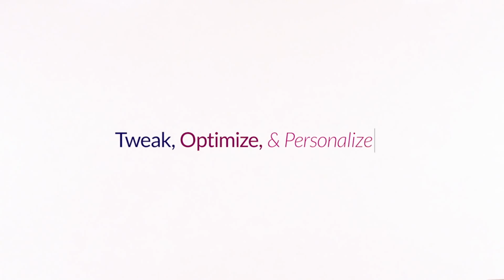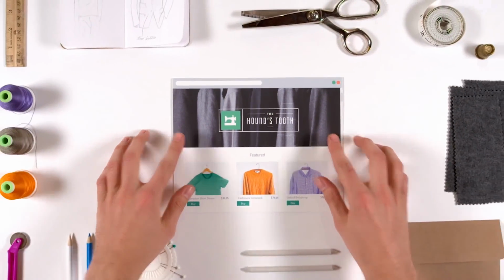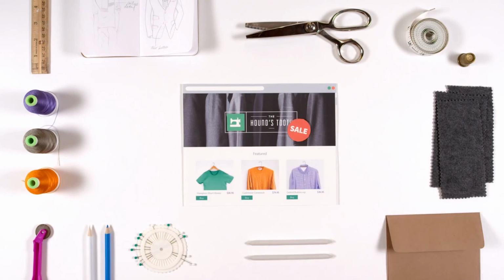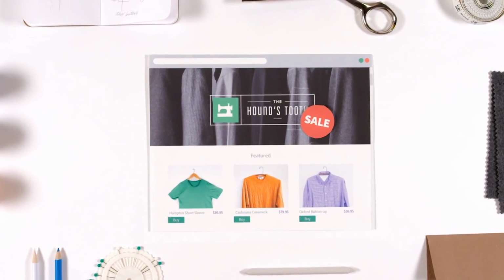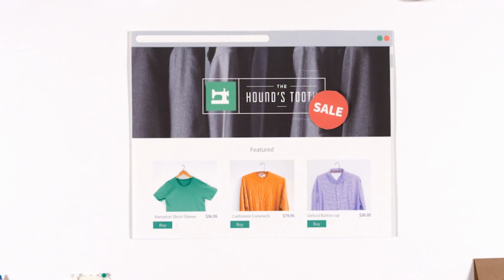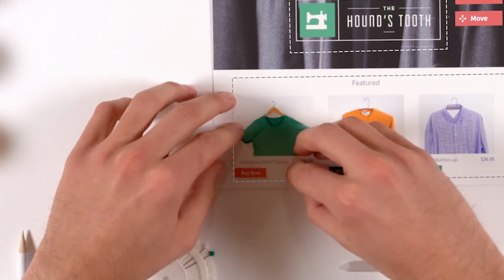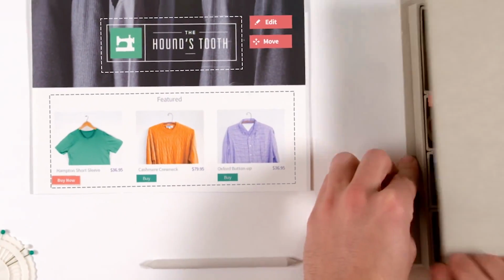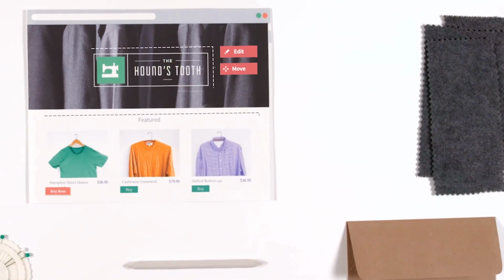Tweak, optimize, and personalize your website without help from IT. Trying to increase sales and conversions on your website can be a hassle. You can either modify the code yourself or chase down a developer, and then try to figure out how to measure the results. VWO lets you quickly identify, create, and test changes to your website without touching a single line of code. We give you over 100 optimization features and a proven, repeatable process so you can make continuous improvements week after